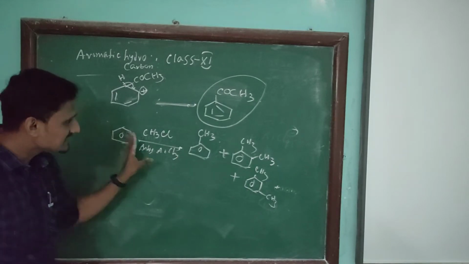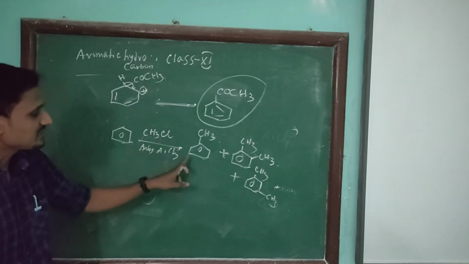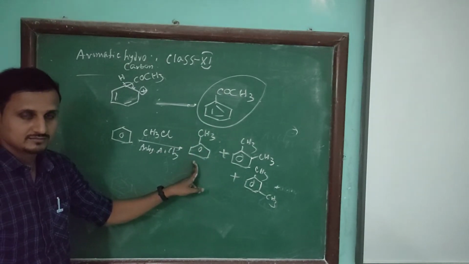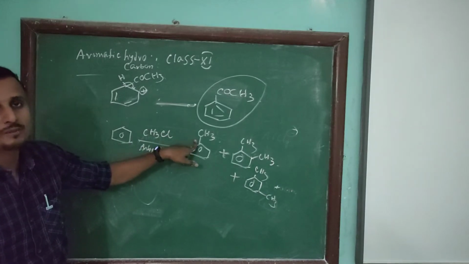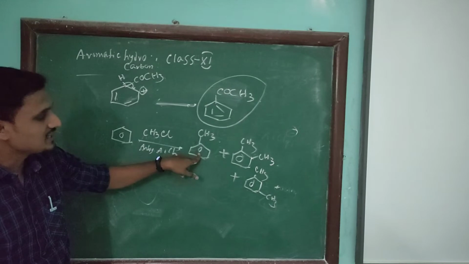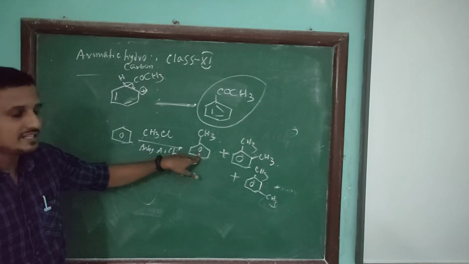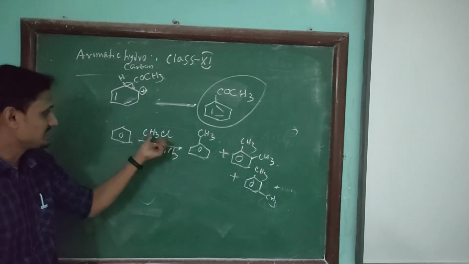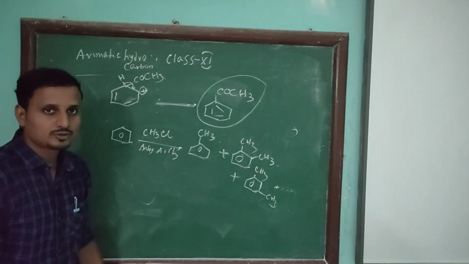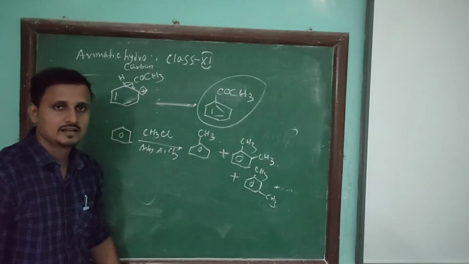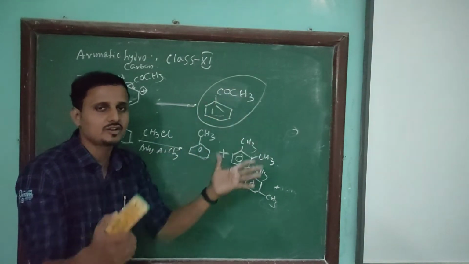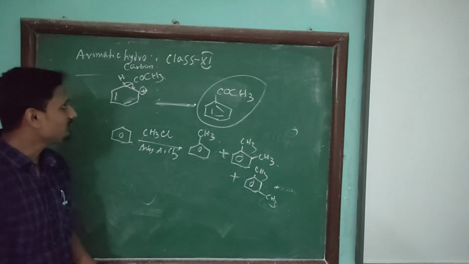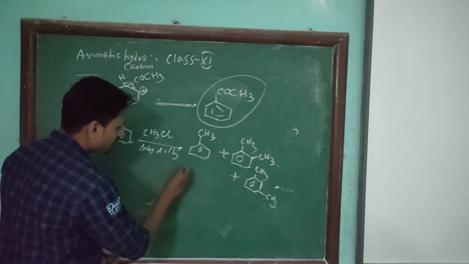And you know why for the alkylation we get this mixture of products? Because as soon as toluene is formed by the alkylation, this methyl group has a strong plus effect. So it increases the electron density of the benzene ring, and it reacts more readily with another electrophile like CH3 to form orthoxylene, again metaxylene, after that paraxylene. So we get a mixture of products because of the activating effect of this CH3 group. This is called polyalkylation. But in case of acylation,